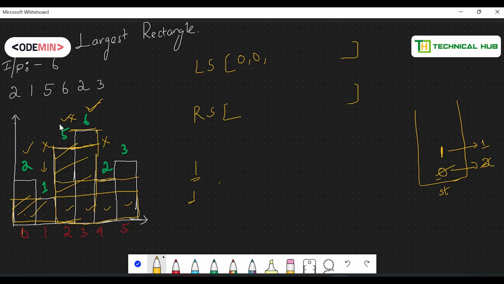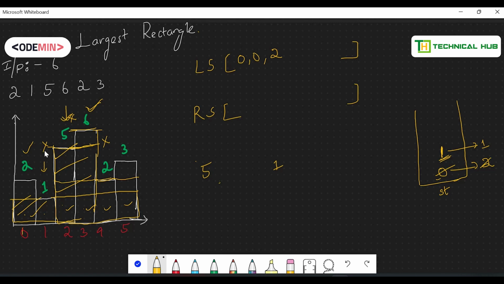Fine. Now I'll go for 5. I bring 5 and look towards its left. Once I look towards its left, 1 is the smallest. What is the element that exists at first index? 1. So 1 is the next smallest element, so I can store 2. Why am I storing 2?